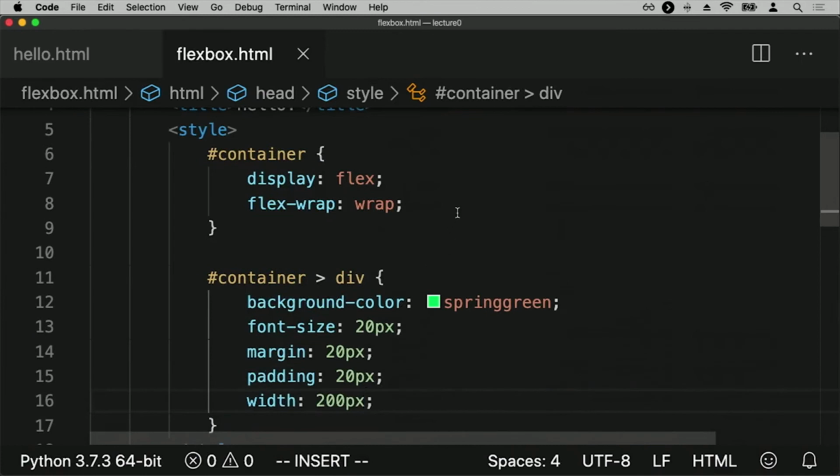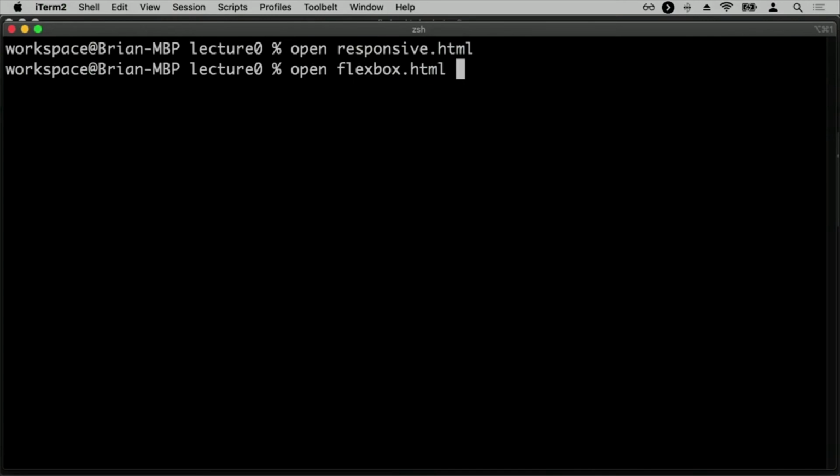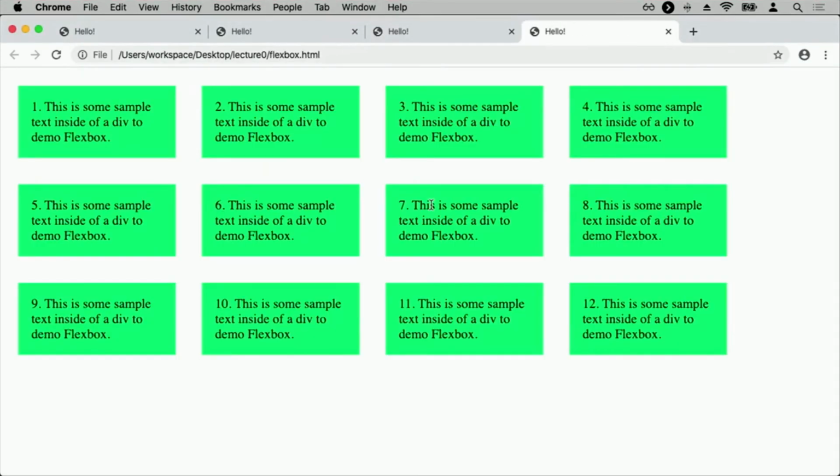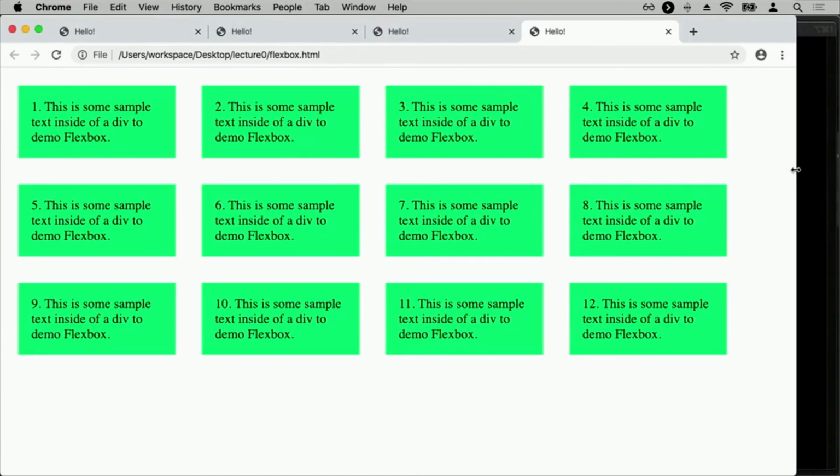The important part is this right here, where I've said that this whole container is going to be a Flexbox container, and I'd like to wrap around elements if you ever reach the end. So now I'll open up flexbox.html. And so here, I now see 12 elements that are on multiple lines. But notice what happens as I shrink the page. If there isn't room for all of them,